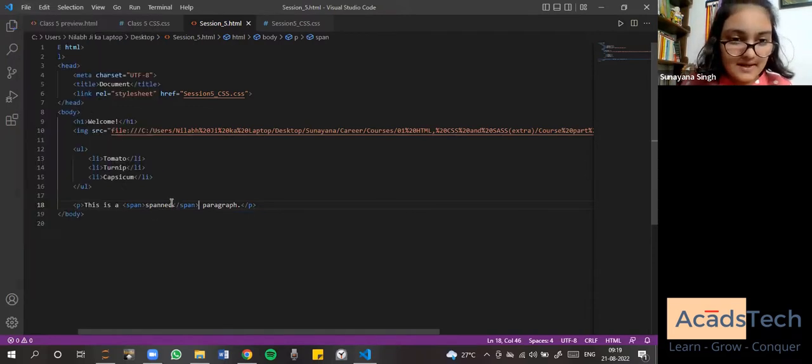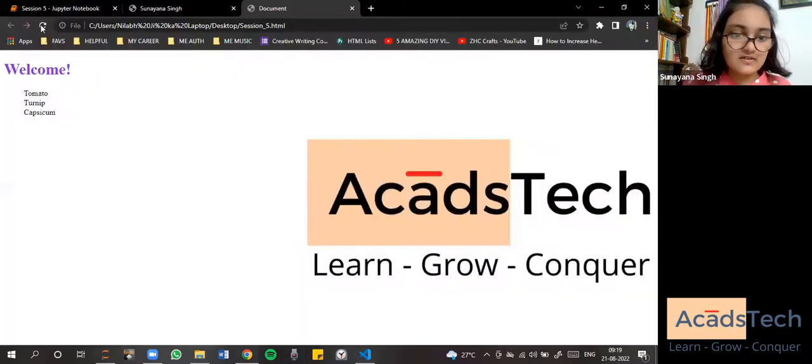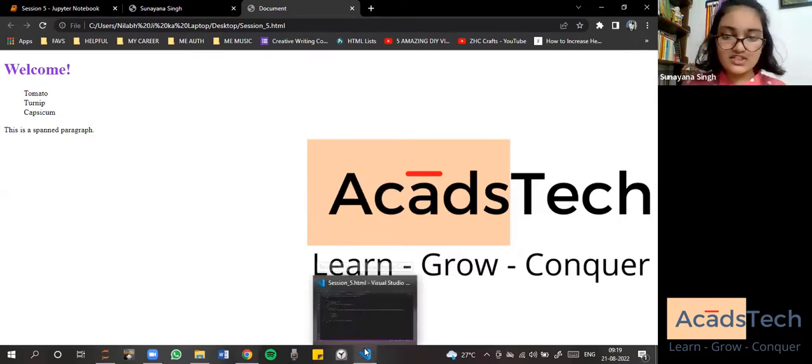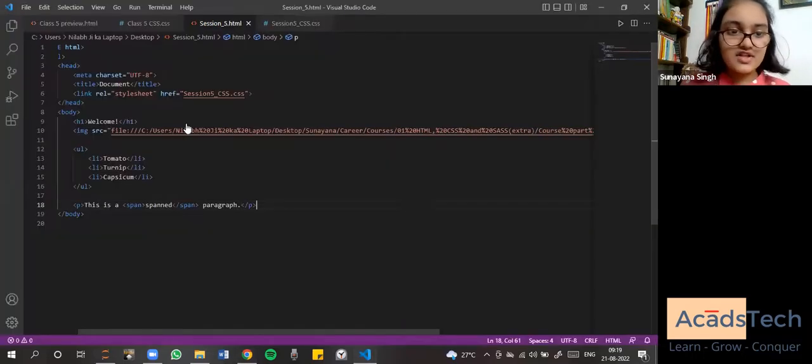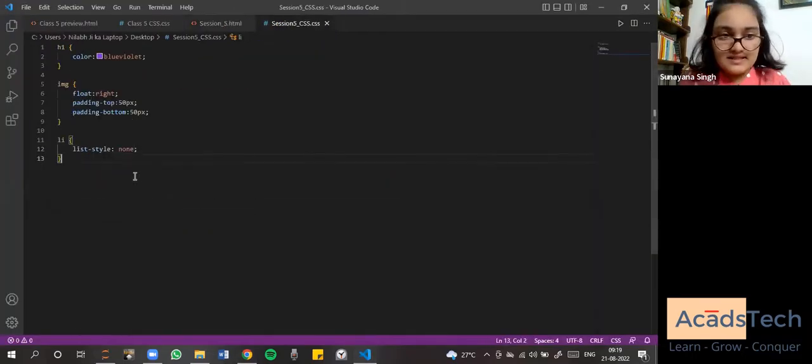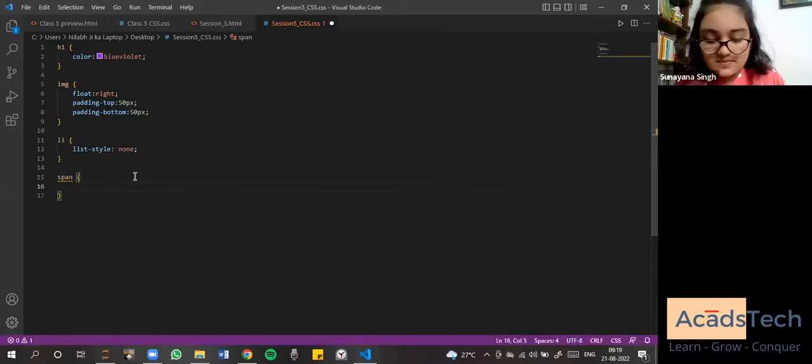Now this much is spanned. It still comes in the paragraph, but it is spanned. I'll show you what it does. So let's see if it has come. Yeah, it has come. Now, because of adding the span tag, there is no real change to it. But let's try here. Span is a tag, no full stop for it. Yes. So,